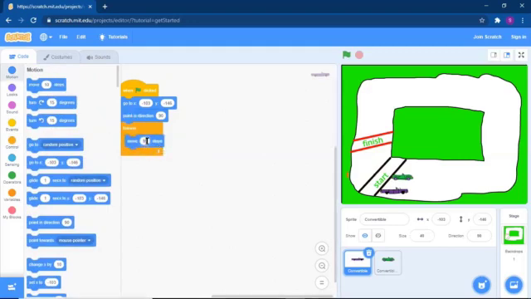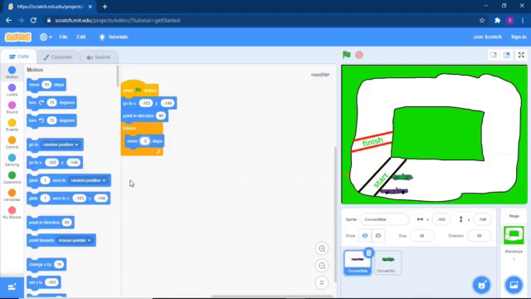For moving I need to write 10 steps. No, it's not 10 steps. I need only 1 step because it moves slowly, otherwise we will not be able to change the direction. So this car will move until it reaches the red point. That means if it touches the red point, that is the finishing line, what will happen?